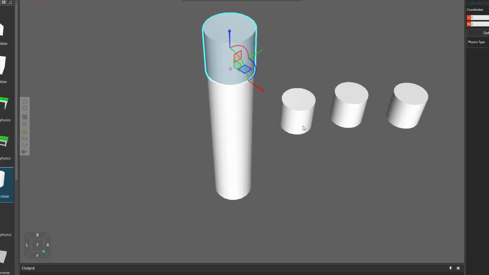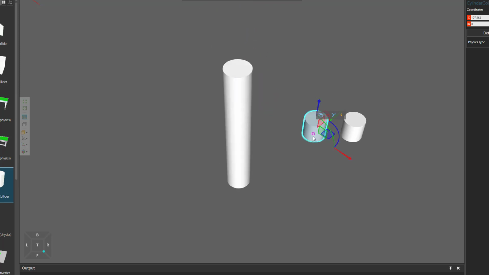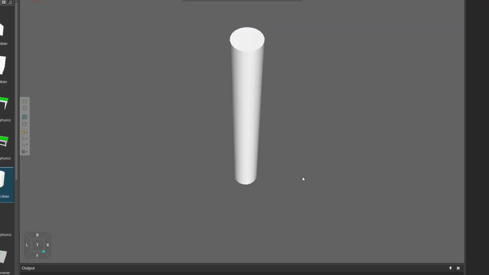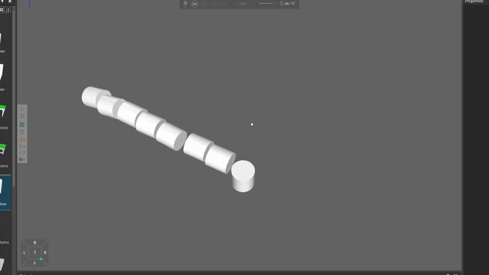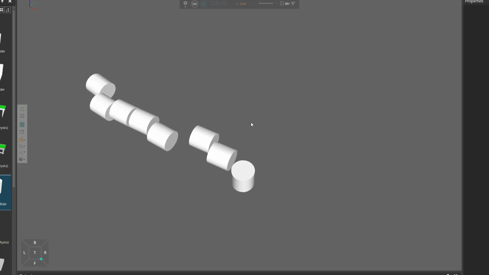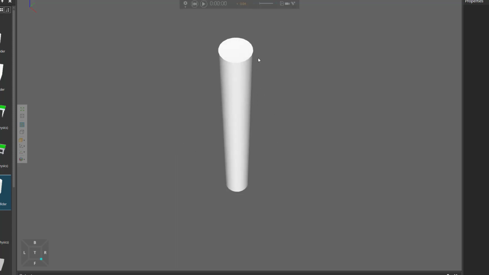So there we have a stack now of 5, 6, 7, and 8. So now all these cylinders are set to be affected by physics and the force of gravity. So when I run the simulation, oi, oi, oi, the stack falls over. So it vibrated or oscillated a bit, and that was too much. Eventually the system broke and the stack fell. Let's reset and see what values we need to use to keep our stack stable.